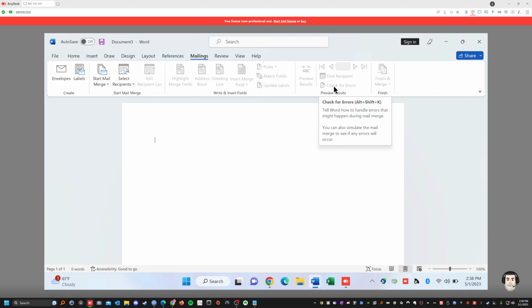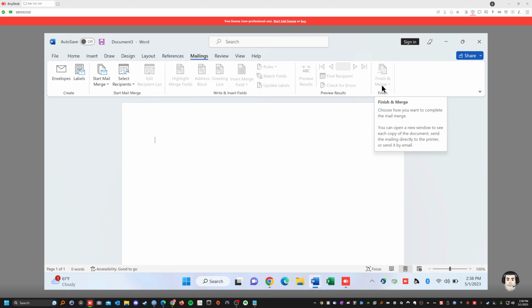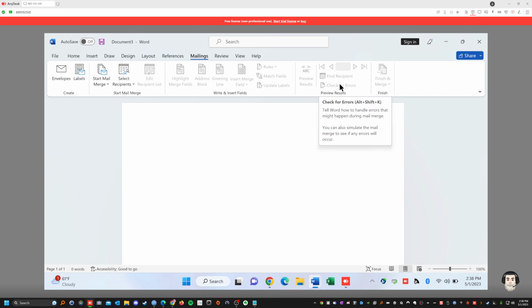Sometimes when you buy a database, it gives you the name, the phone number, everything. But sometimes it could be missing fields. Let's say you get 10,000 of them and it's missing the last name, or the address, or the state, California. Then you have to add that field. Say you have 4,000 people in one list. This helps you check for errors on that list, or if it's missing something. And when you're done, first you check for errors, and then you merge it and finish it.